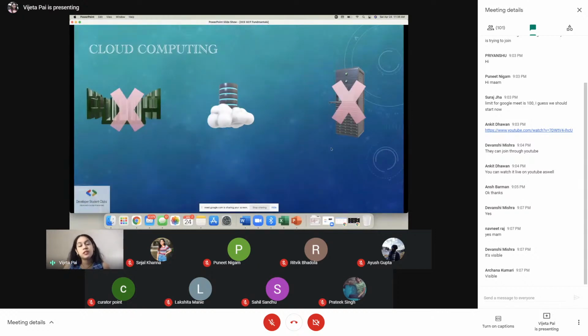Now, what is cloud computing in the first place? All of you might have heard about cloud computing either from your peers or people all around you, and it's a buzzword right now, especially during the pandemic. Every organization, or even an individual for that matter, has a lot of data when they are trying to run their applications. Even if you're a startup or a big organization, you collect a lot of data. That data can be your internal customer data or your external customer data or data of your employees. Data is everywhere. Even while we are talking here and I'm presenting the session, YouTube, Google Meet, everyone is collecting data. So what do we do with so much data?